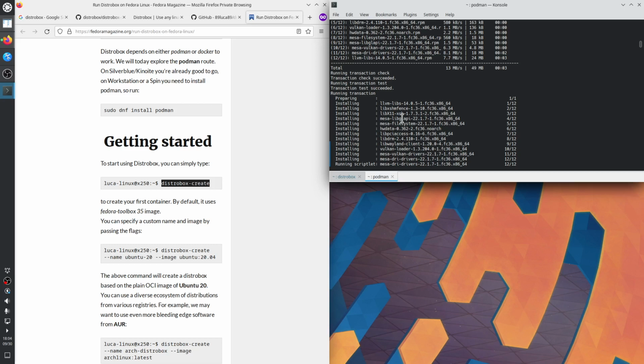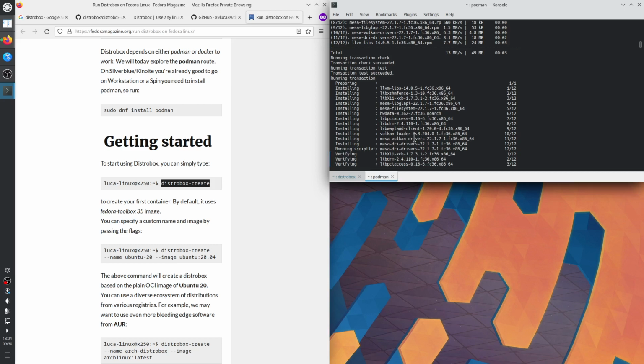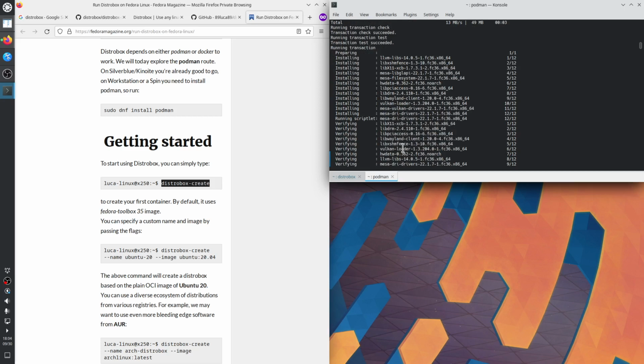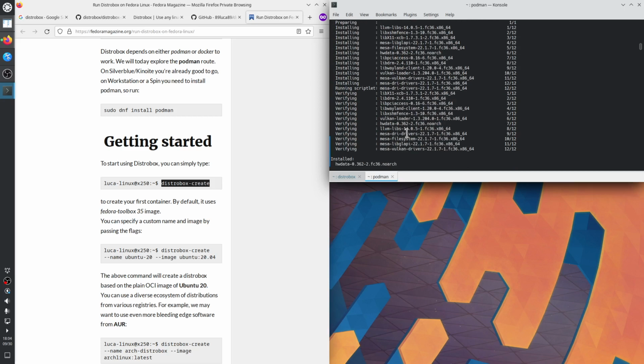So I can see Mesa, Wayland, Vulkan, X11, LLVM for Mesa probably,